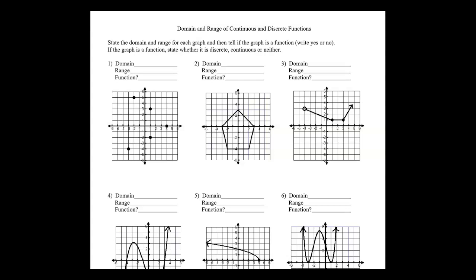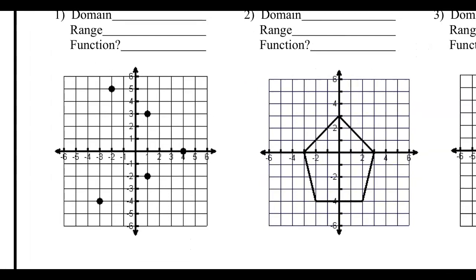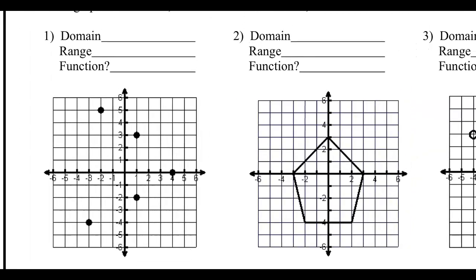So I'm going to go through this again, and for each of the questions, we're going to do the following. We're going to state the domain and range for each graph, and then tell if it is a function or not. We also will state if the function is discrete or continuous or neither. So for the very first question, this graph does not look like any of the other graphs on this page. For question number 1, this is a discrete